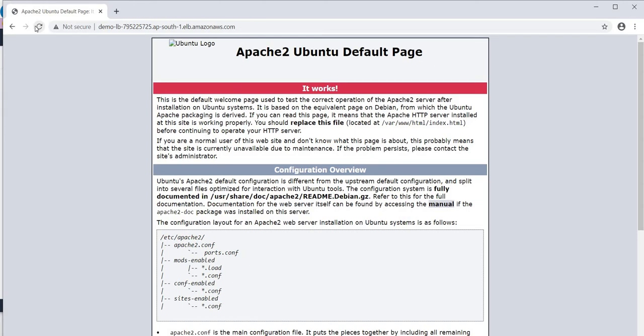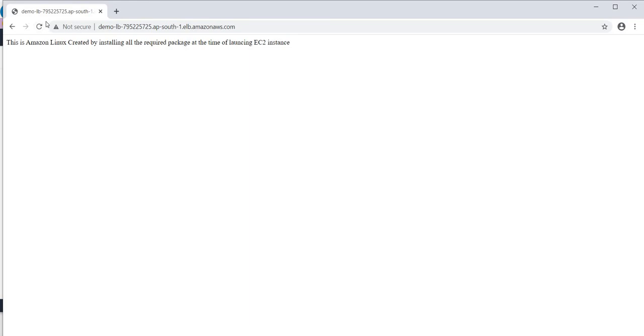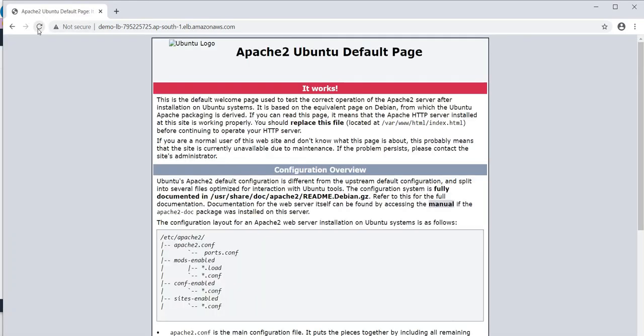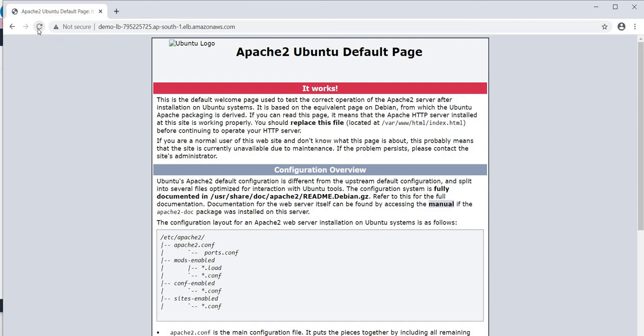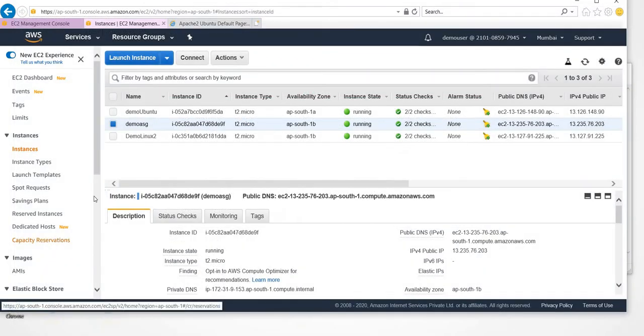And now when I do an immediate refresh, my Ubuntu server is responding. Now the Linux one, whatever I had, is responding. So if you can see all these three servers, it will start balancing the load across and responding, right? Now I will close this and try to terminate this.